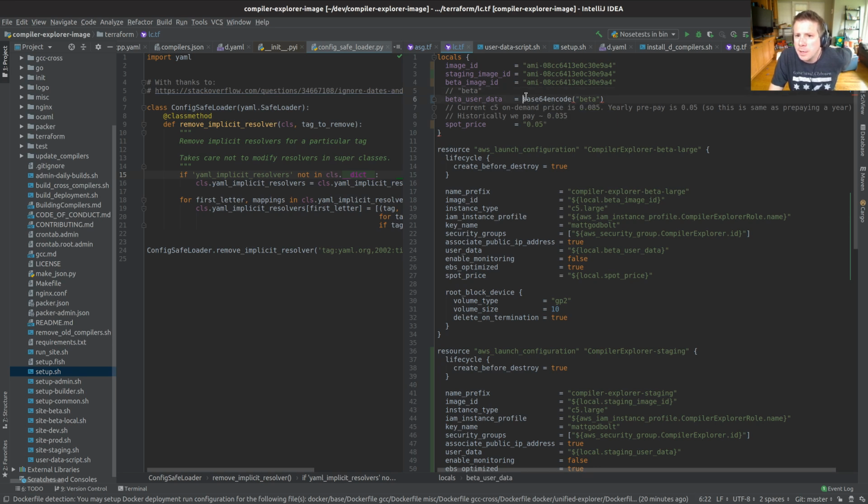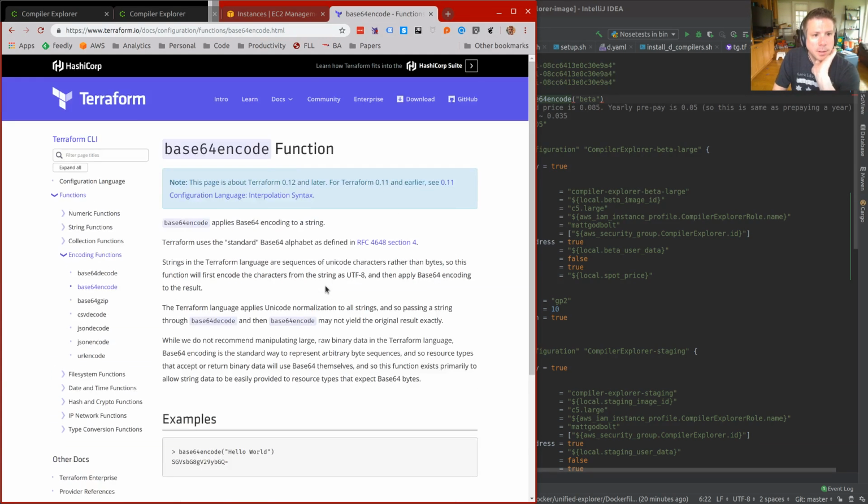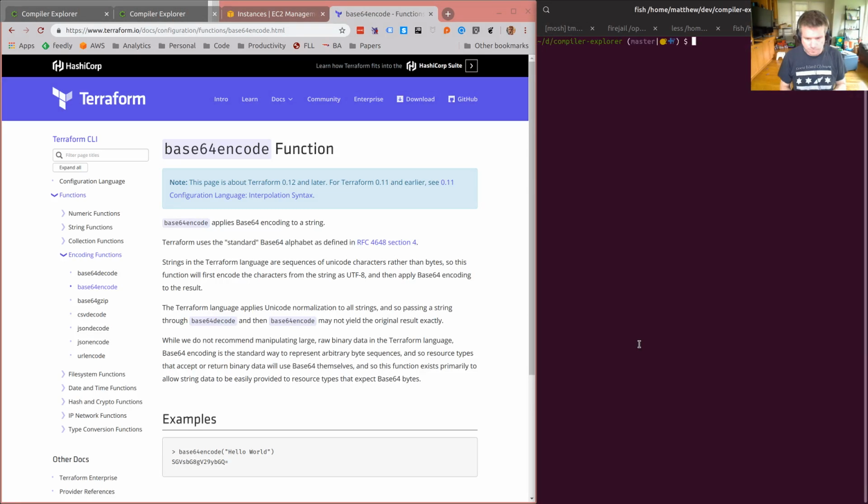How am I supposed to do this? Terraform 0.12. Well, let's go and see what version of Terraform I'm using. Where is my shell? Shell is here. Terraform. I can't imagine I'm using the old version. I tend to use the most recent one. 11.